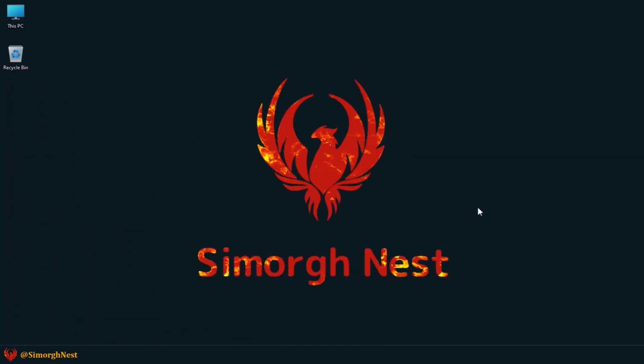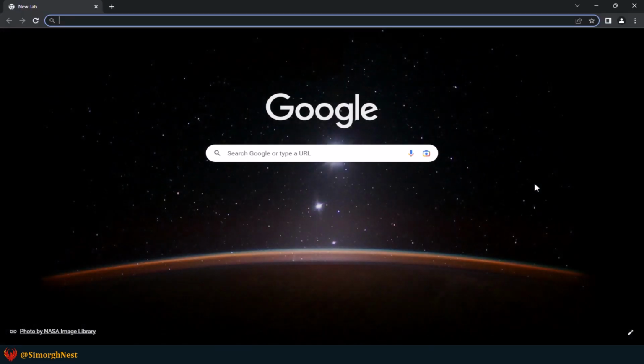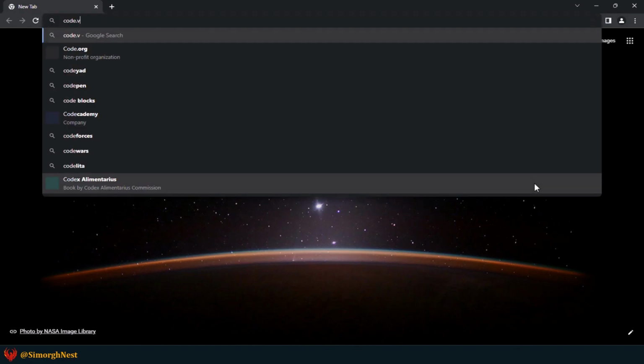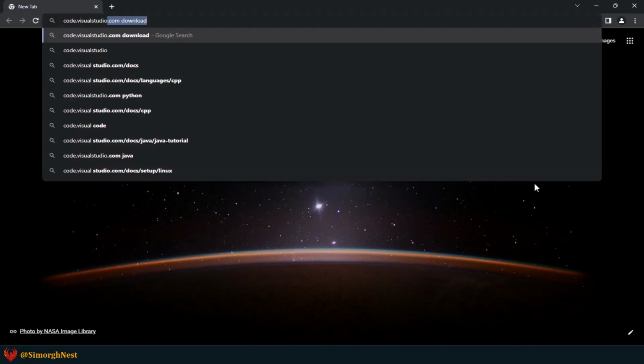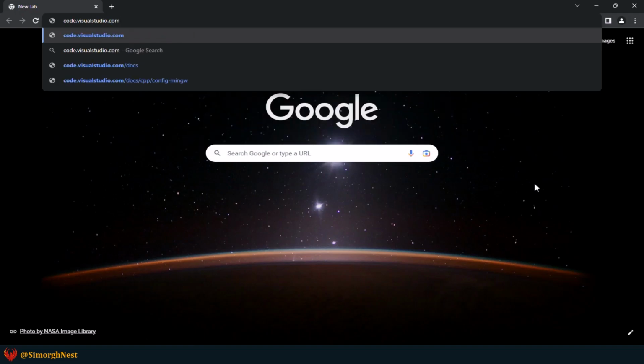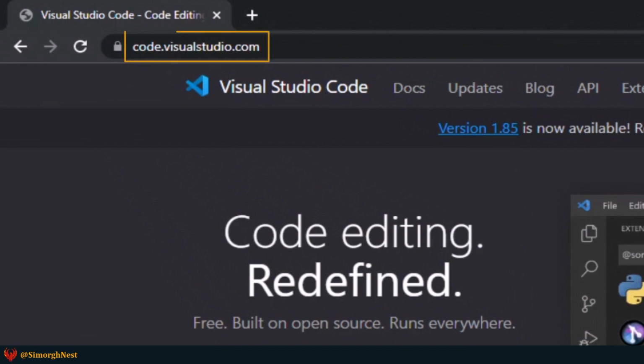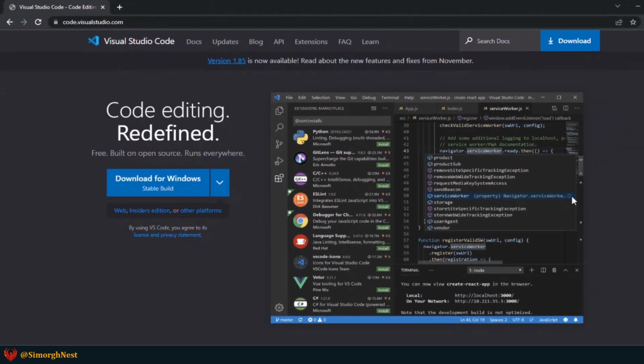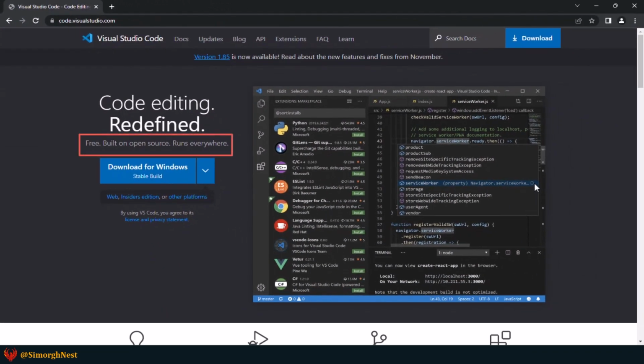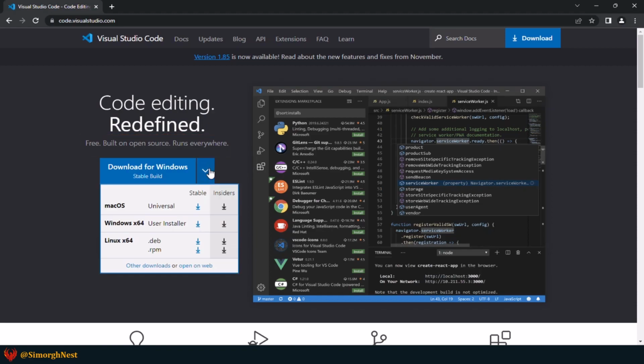Okay, for downloading VS Code, open your preferred web browser and go to code.visualstudio.com. Here, we're on the Visual Studio Code website. As you can see, it's a free, open source and cross-platform code editor developed by Microsoft. To download VS Code, choose the appropriate version for your system and simply click on the download button.